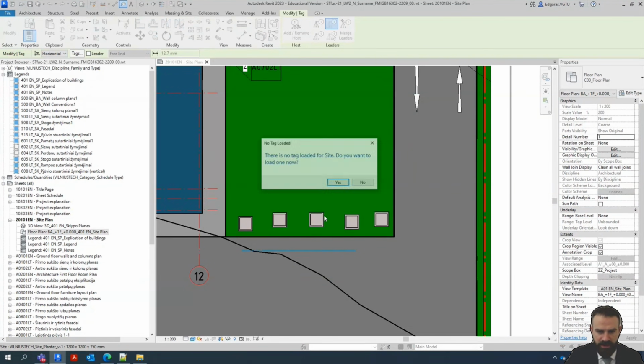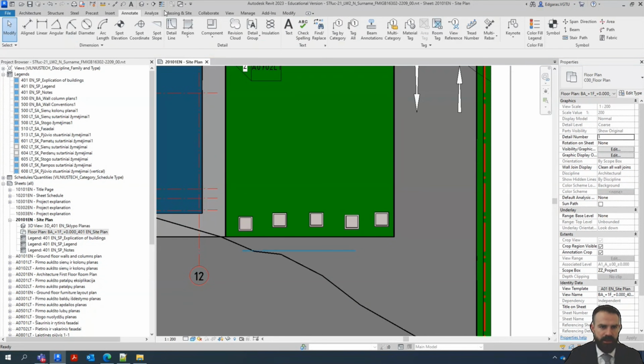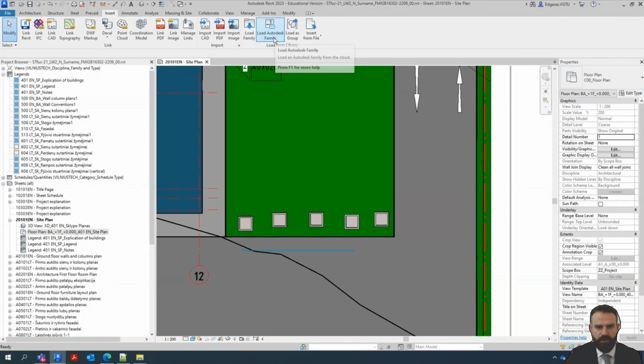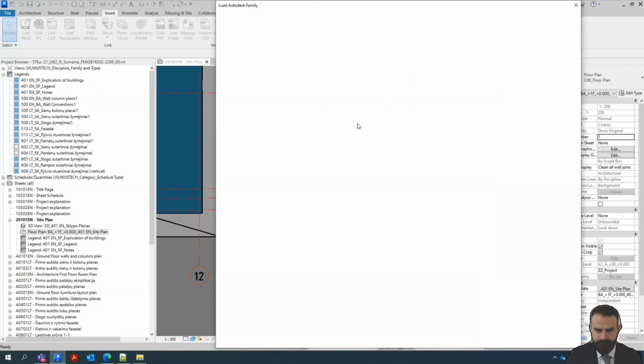So can I tag these elements? There is no tag loaded for site. Do you want to load one? Yes. So in this case, I go to Insert, select Load Autodesk Family,